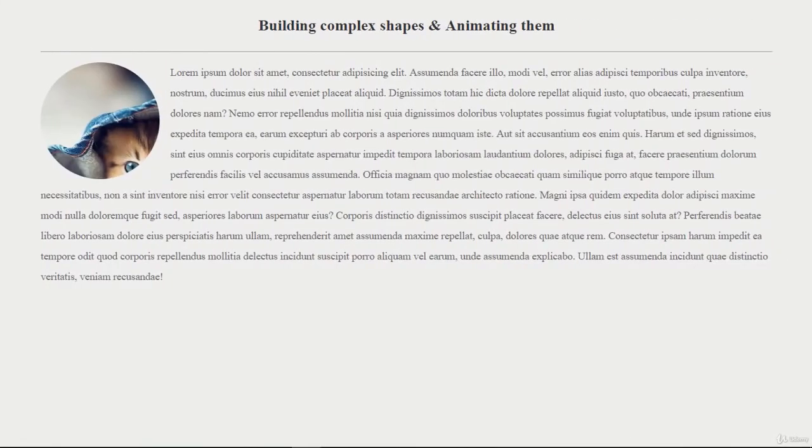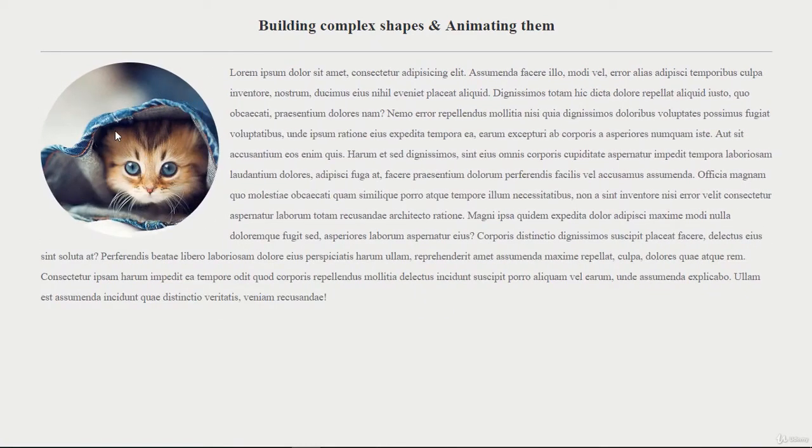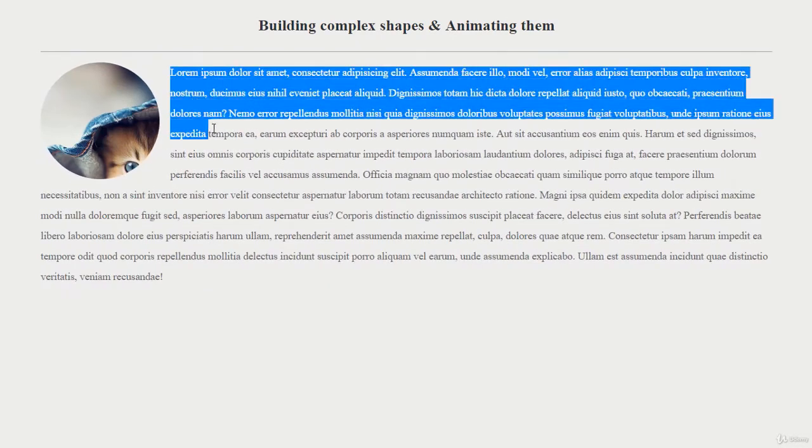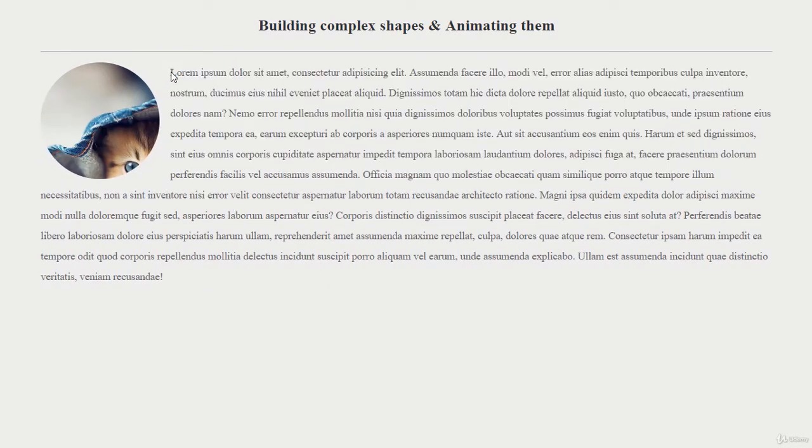So let me get back to here, and you can see there is our very basic CSS circle shape. This is the circle we have been creating for many years now, and there are still 70% of web developers who use this technique to create their circles. So what is the problem with this? Well, you can see here that this is our circle, which is floated to the left, and there's our text, which is floated to the right. And the problem is that our text is not flowing around our circle shape. But now this is the age of native CSS shapes.